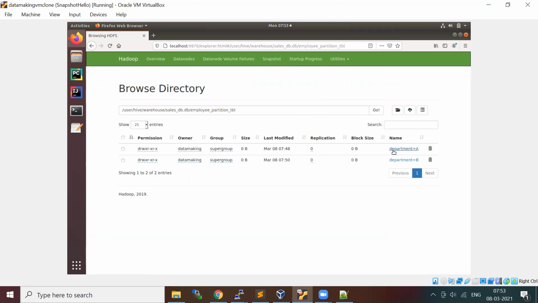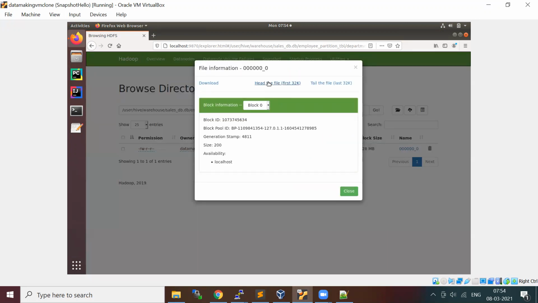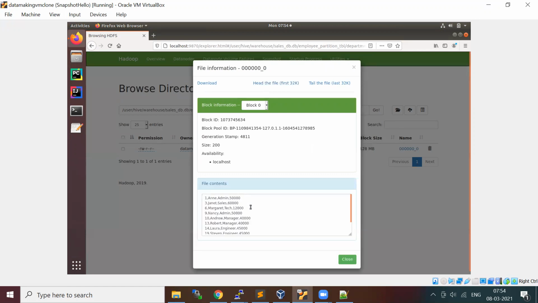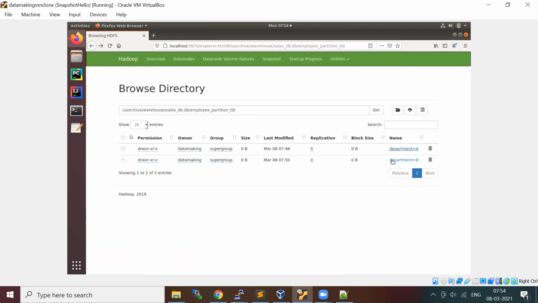You see that inside the directory of the employee partition table, you also have two subdirectories, department equal to A and department equal to B. Inside this subdirectory, you will have those employees who belong to department A. So when you query, it will not do an entire table scan, which is an entire file scan.